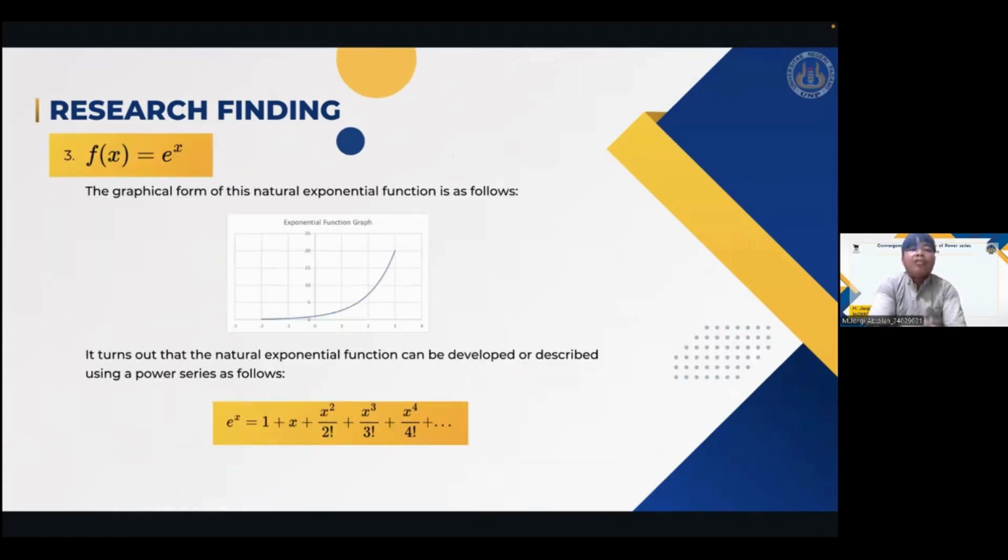And finally, we move on to the natural exponential function. The original graph of the natural exponential function can be seen on this slide. Next, the natural exponential can be expressed as a power series, as shown on this slide. Next, we look at the approximation graph of the power series against the natural exponential function in various approaches to